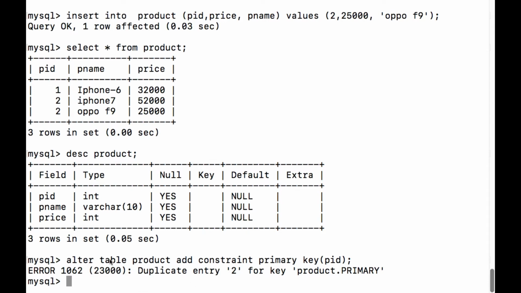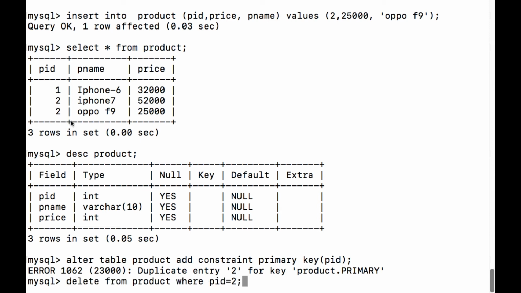Now when we executed this query we got an issue, right? We got an error, duplicate entry, because when it tried to make this column a primary key it contains duplicate records, two rows having the same ID. Primary key column should be unique, so it could not perform this operation. So we need to delete or remove such entries, then only we can apply primary key constraint to this column.